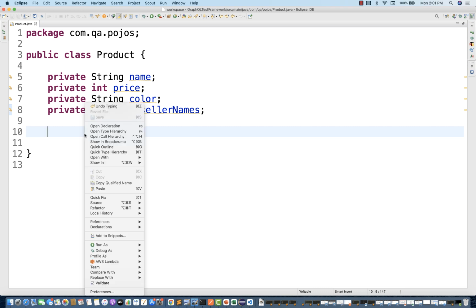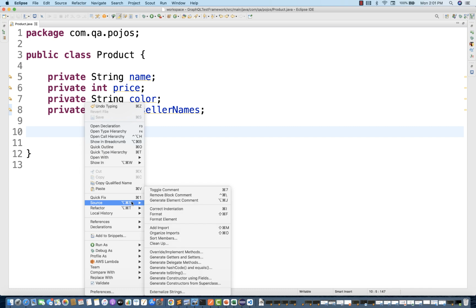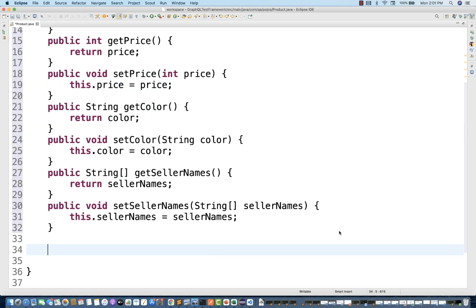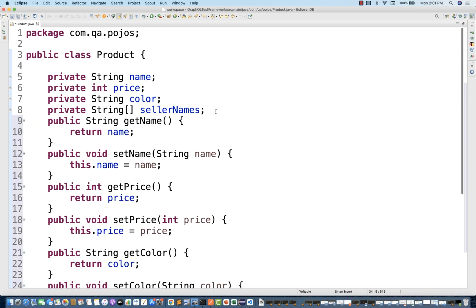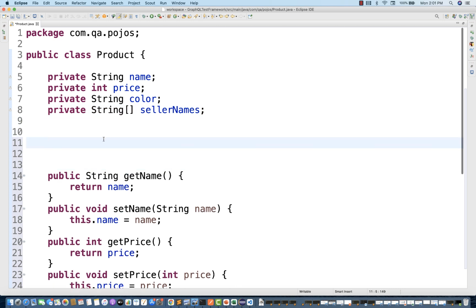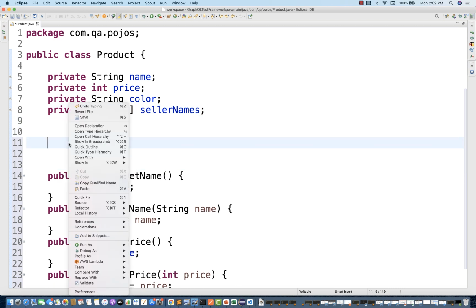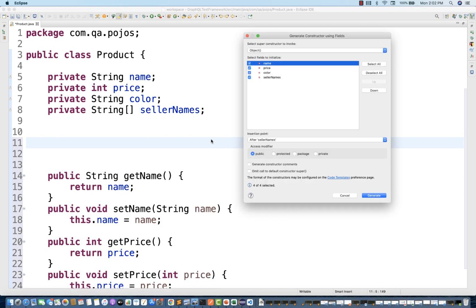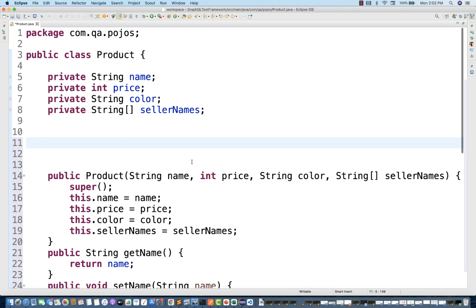Then I'm going to create the constructor of this class. Let me quickly create it. Go to source, or you can use Lombok also, but let me use getters and setters first. So these are the getters and setters created, and then let me quickly create the constructor also. Ultimately I'm going to create a complete POJO class here. Go to source, generate constructor using all the fields, and simply generate the constructor over here.